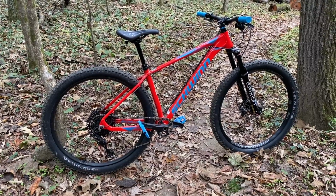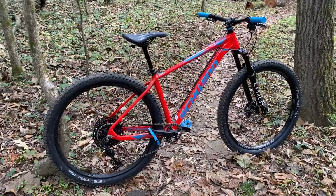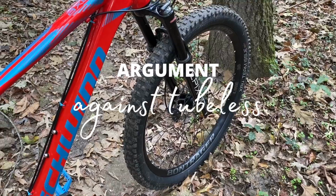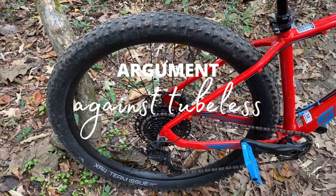You're looking at Project Axum 21, but we're not going to be talking about it as a bike today. Instead, we're going to be talking about wheels. As you probably gleaned from the title, this is an argument against tubeless wheels and tires on a mountain bike